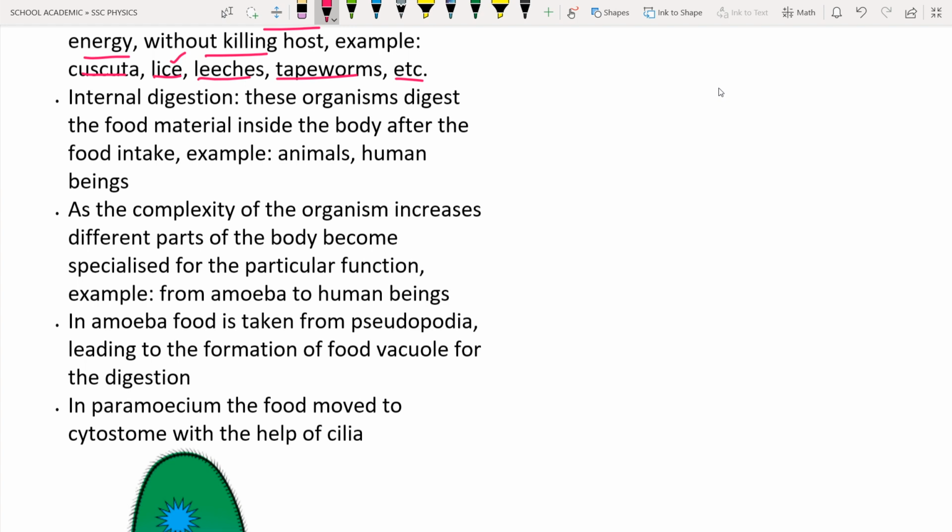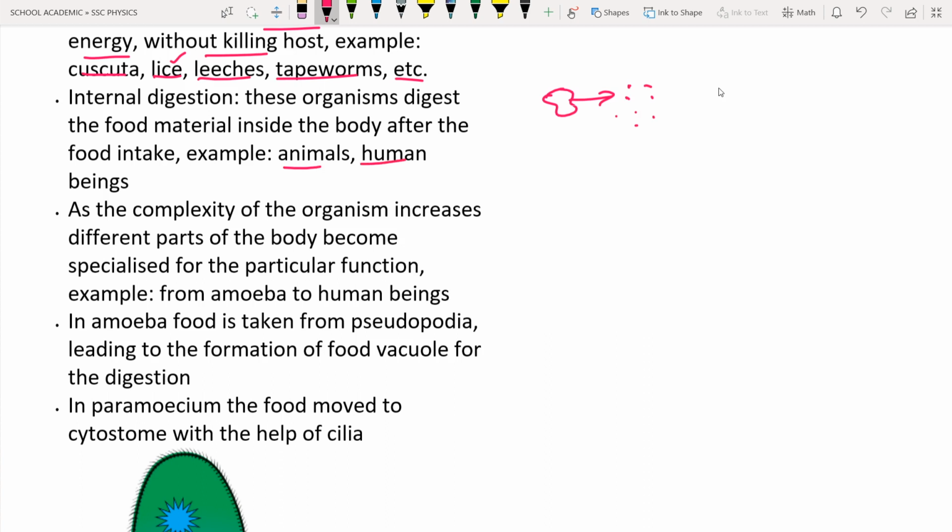So we are going to eat lunch or tiffin, and that food enters into the stomach, and in the stomach or in the alimentary canal, the food will get digested. This food material will be digested and turned into small individual molecules, which are known as nutrients. Our body is going to absorb these nutrients for our growth, or for our metabolism, or for our energy. So this is about internalization that occurs in animals and human beings.